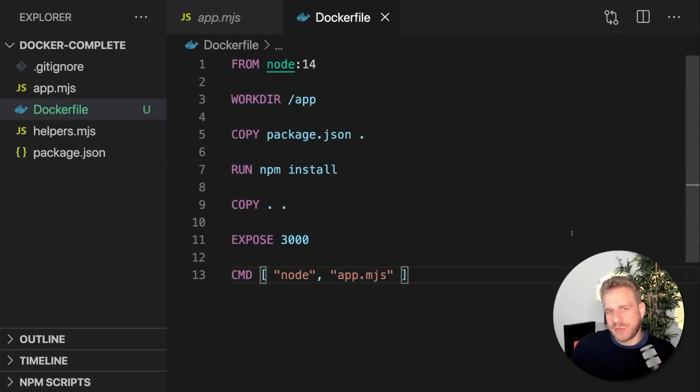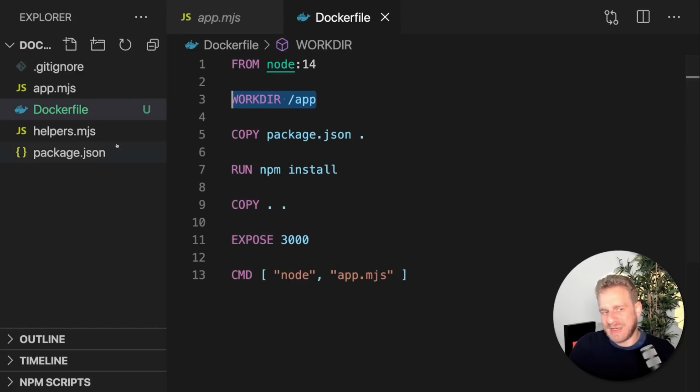Now, since we are going to dive into images and containers in greater detail in the next section, I don't want to waste your time with a bunch of instructions which we don't fully understand yet. So instead, attached you find a finished Dockerfile, which in the end just has a couple of instructions that we want to use Node.js as a base image, so that we want to have Node.js available inside of our container, that we have a certain directory in the container file system. Every container has its own file system, so that we want to have a special directory in there in which